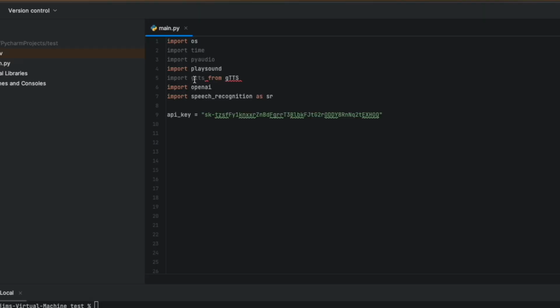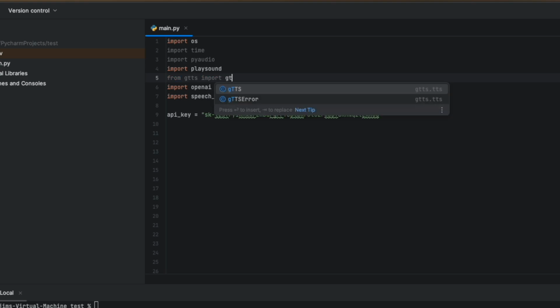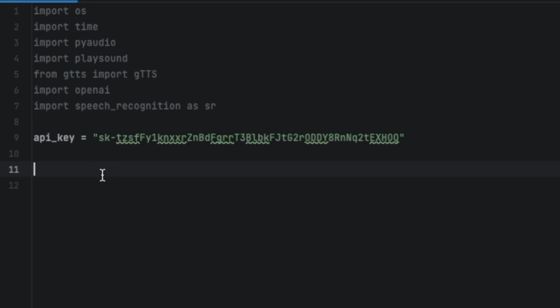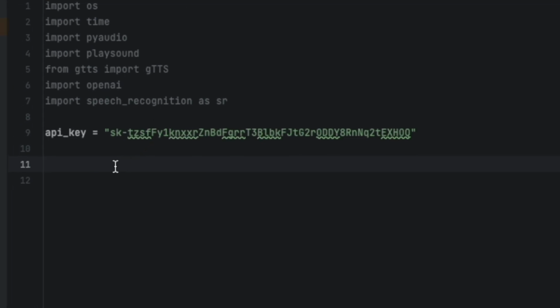So we have an issue here with how we imported this. This is actually going to look like this: from gtts import gTTS, like that. And now we have this typed in right. Sorry for that mistake. So we have our API key right here. I'm going to be working with the language English, so I can just type in lang equals en, and I'm pretty sure this needs to be in single quotes, so we can say 'en', and move outside the tab, and we can go down.